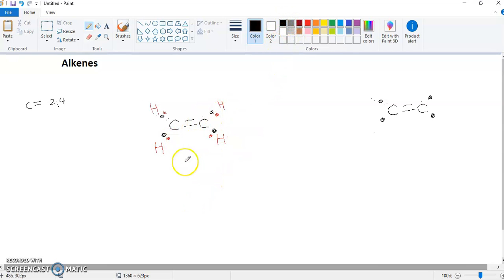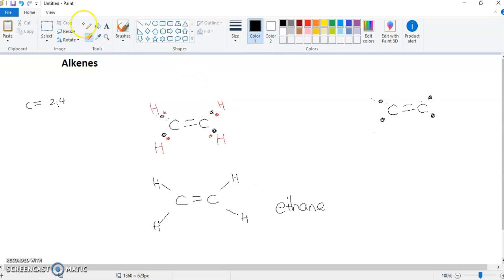And if we were going to draw that with sticks showing all of the electron pairs, we'd get carbon double bonded to carbon like this, like this, like this, and this. And that is in fact the first of the alkenes. Methane is the first one, then you've got ethane. But it's not an ane, it's not an alkane, it's an alkene. And so what we do is we change this A, actually I'll do that with a pen. We change that A for an E to mean double bond, and so this one is called ethene. Okay, and that's C2H4,